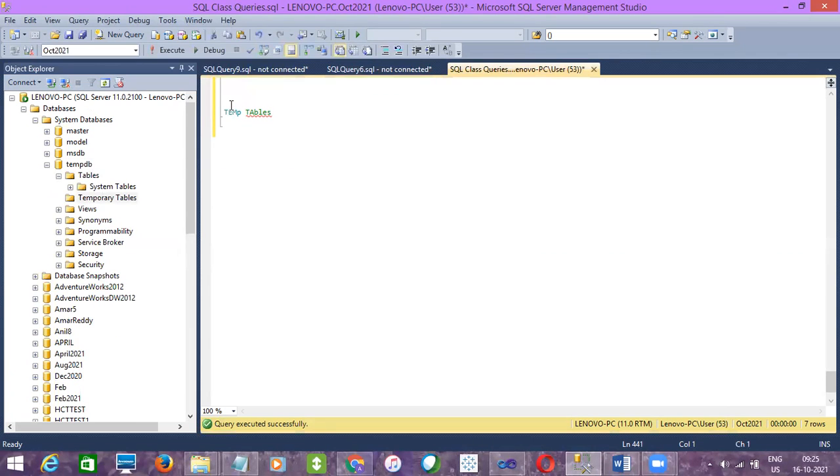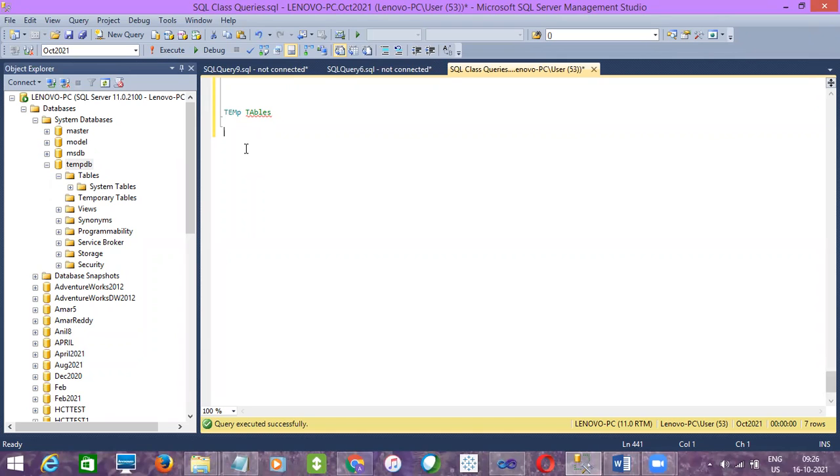Whatever concept we are going to discuss, the temp tables, will be stored under the temporary database. Temp tables are basically used to perform some temporary operations. It is almost the same as physical tables, but once you come out of the session, the temp tables will be deleted.